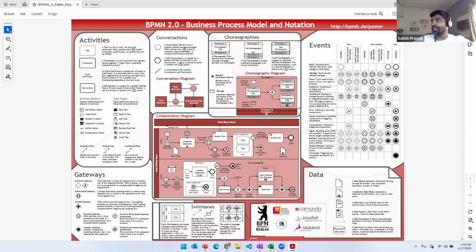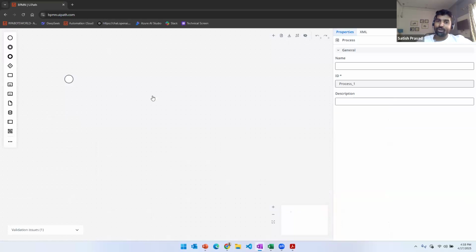But on a very high level, I'll quickly showcase how you should be able to build your process modeling in this canvas. I'll not explain each of the elements here because that will take a long time. But I'll help you understand how to start and how to play around with this tool's capability. So this is the first thing that we do. We have this notation, which is start event, then intermediate event, and then end event. So anything you do goes between start and end.